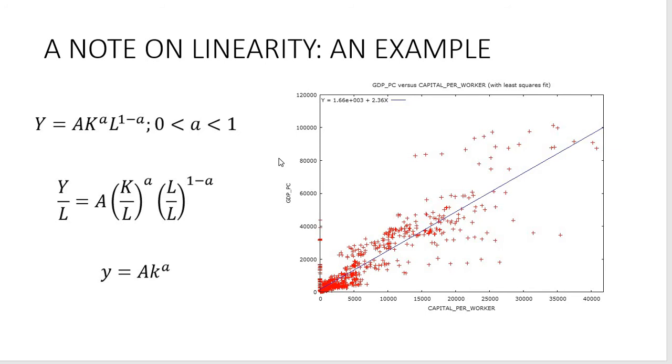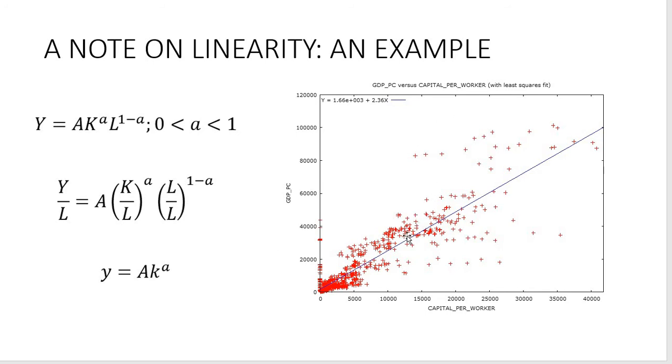So again, when you have a simple linear specification, you always base your analysis on the original units in which those variables are expressed. So for instance, if I express capital per worker, which is a ridiculous and stupid example, but just imagine for a second, in, let's say, tons of machinery, then I would interpret this as follows. Increasing capital per worker stock by 1 ton of machinery results in a $2.36 increase in GDP per capita, because GDP per capita was expressed in constant US dollars. Okay,